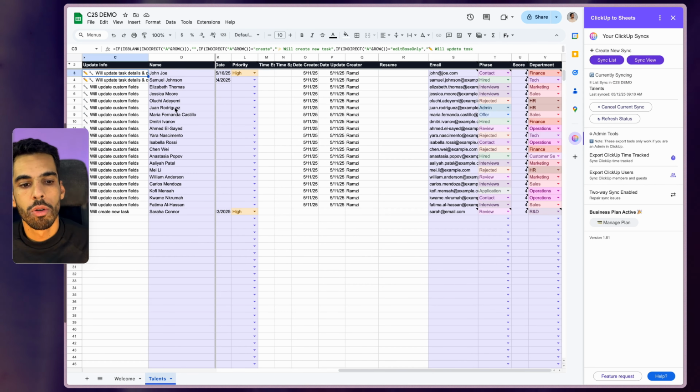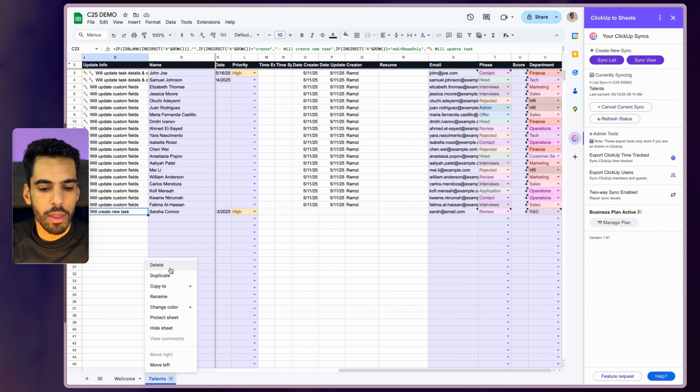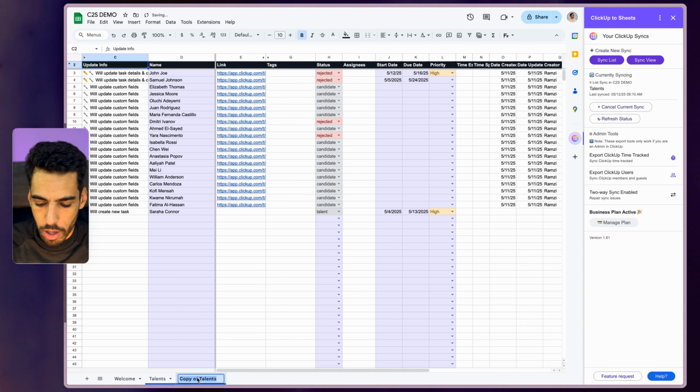You get a queue here telling you what will be updated. This will update the task details and custom fields. This will update the custom fields only, and this will create a new task. All we have to do is wait for a little bit, and what I can do while I'm at it is just duplicate this sheet and call it two-way check. That is just for us to be able to make sure that the changes we've applied here are reflected